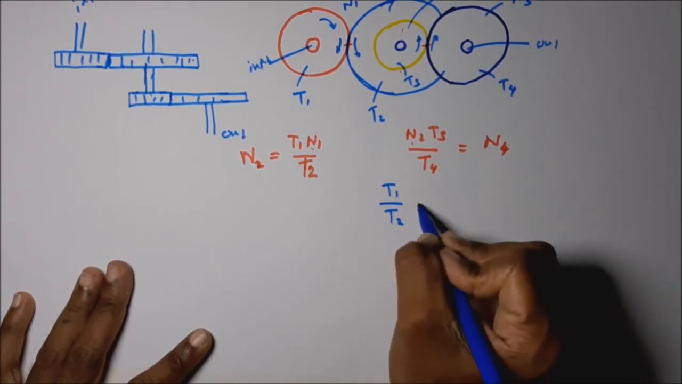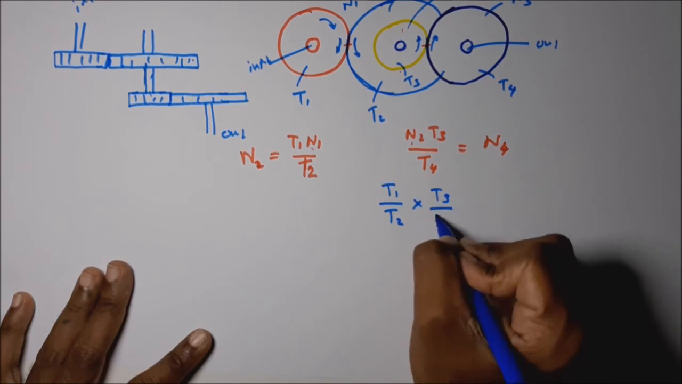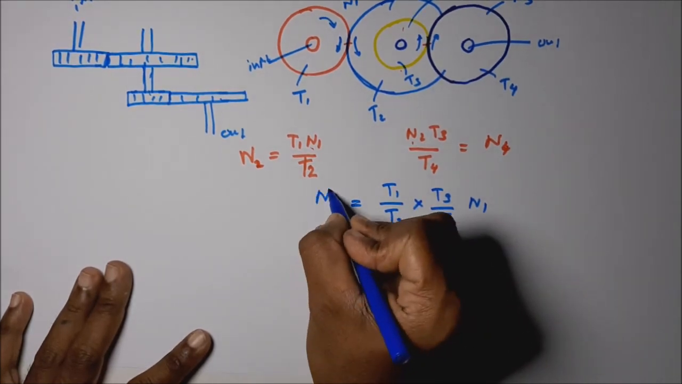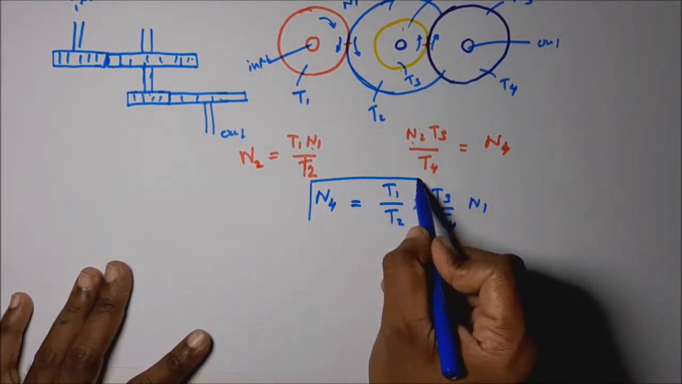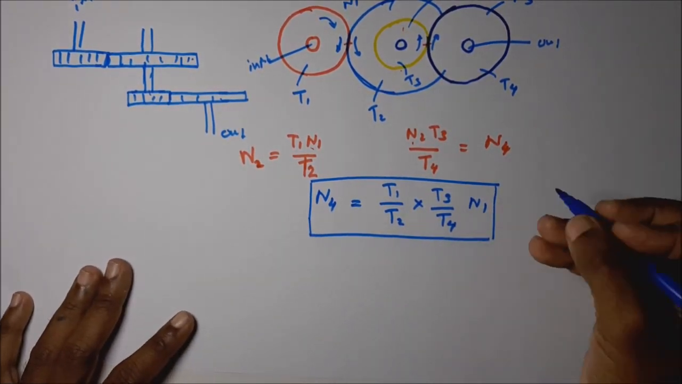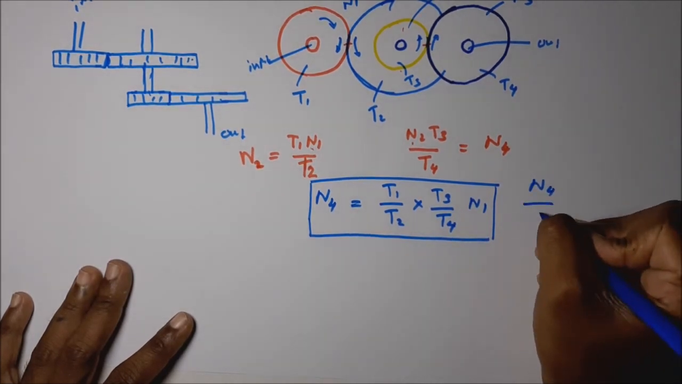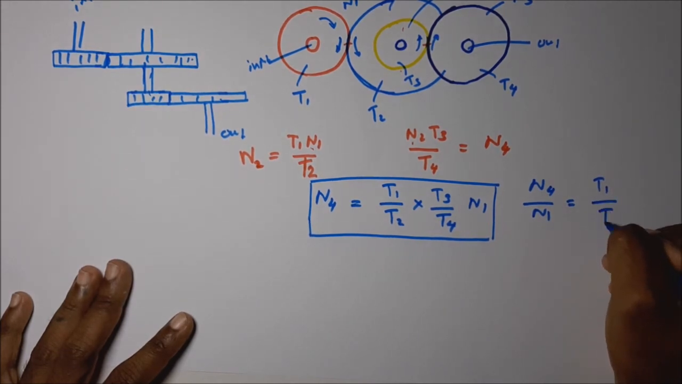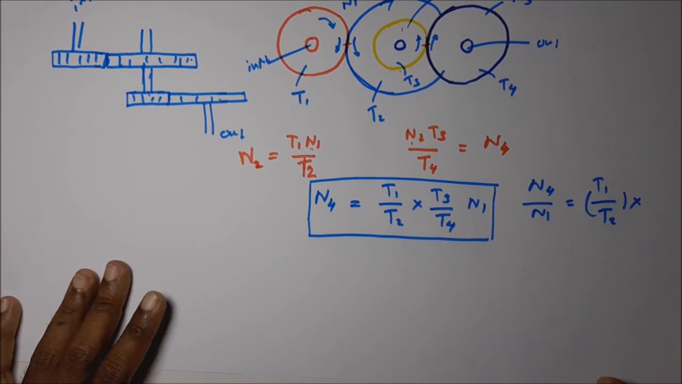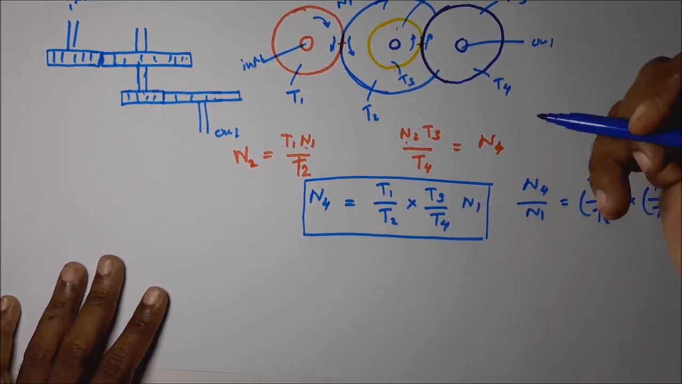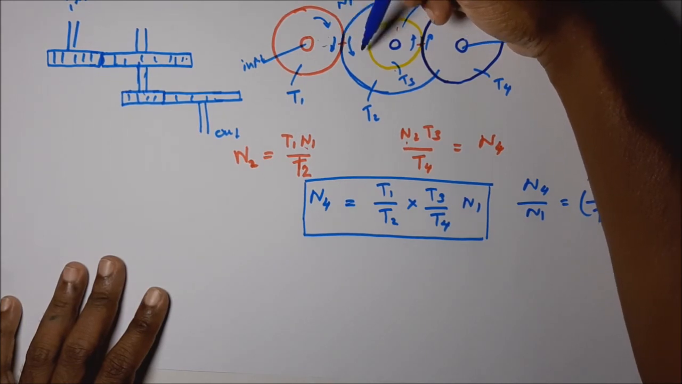T1 into T2 into T3 divided by T4 into N1 is equal to N4. Then you can see the output speed. The speed ratio, N4 to N1, is equal to T1 divided by T2 into T3 divided by T4. Okay, the speed ratio we are getting is the individual couple